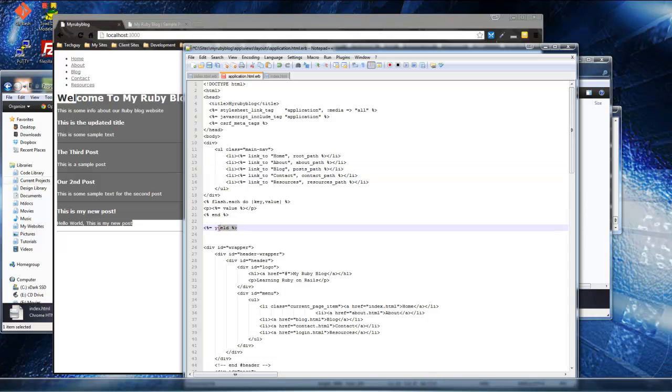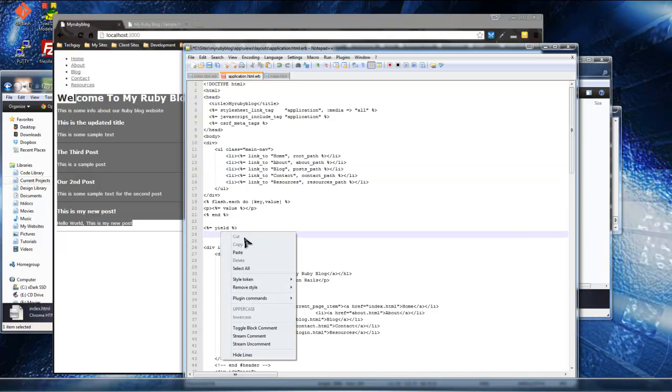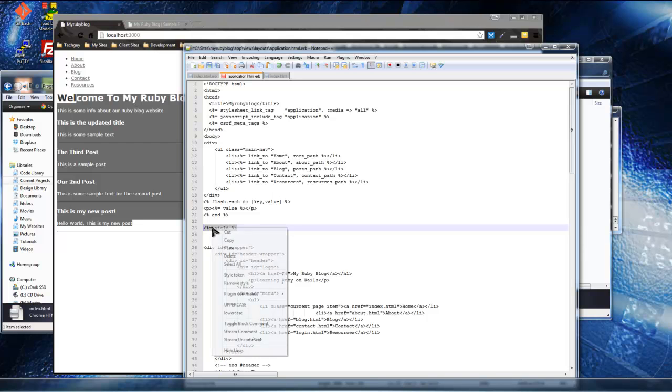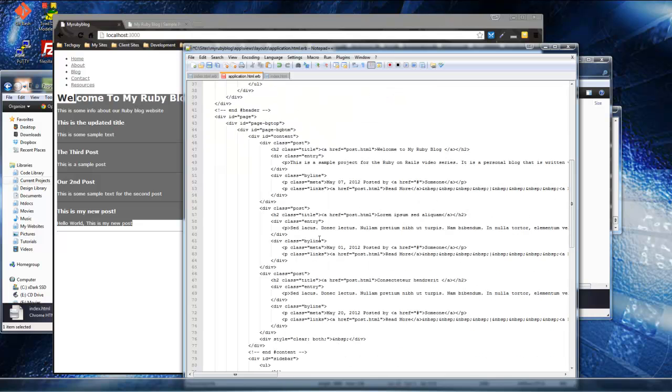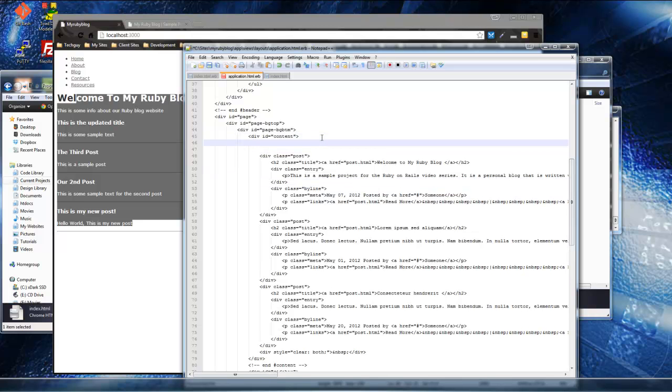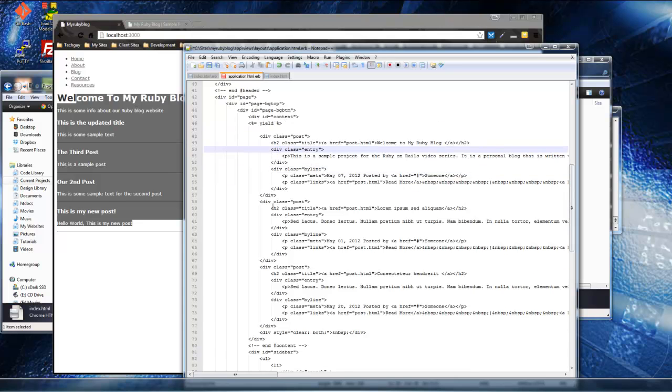I want to take that, and I want to place it in place of all these static posts, and it looks like we're going to put it right in this content div, and the way this HTML template is styled, it has a post div,